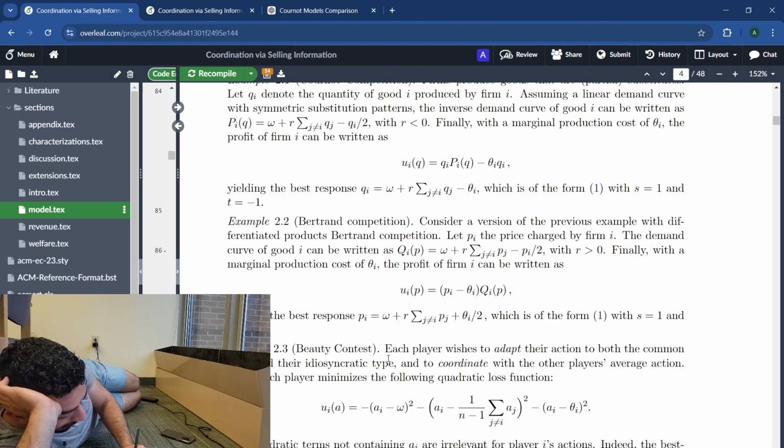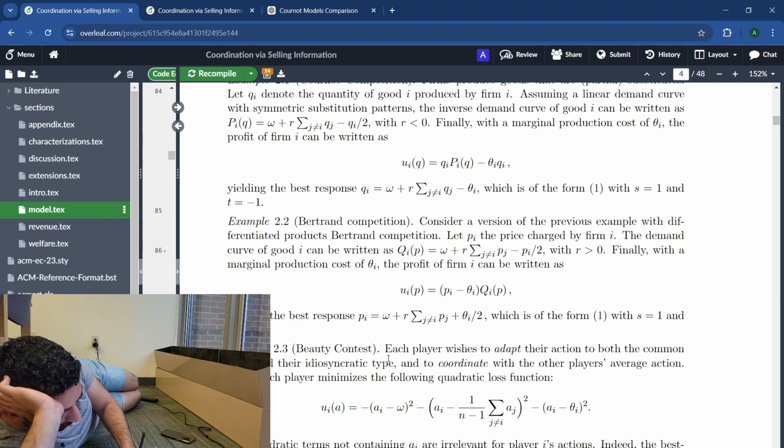Which will give us omega plus R J naught I, PJ, PI over 2, PI minus theta I, will lead to minus 1/2 PI squared plus R PI PJ plus PI omega